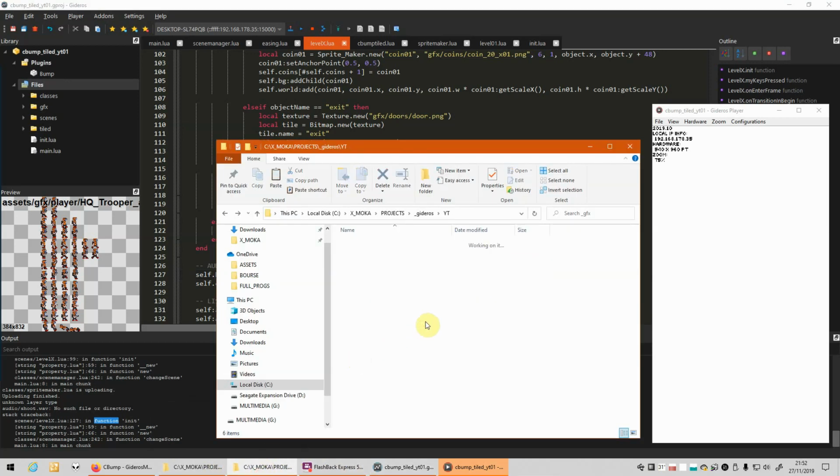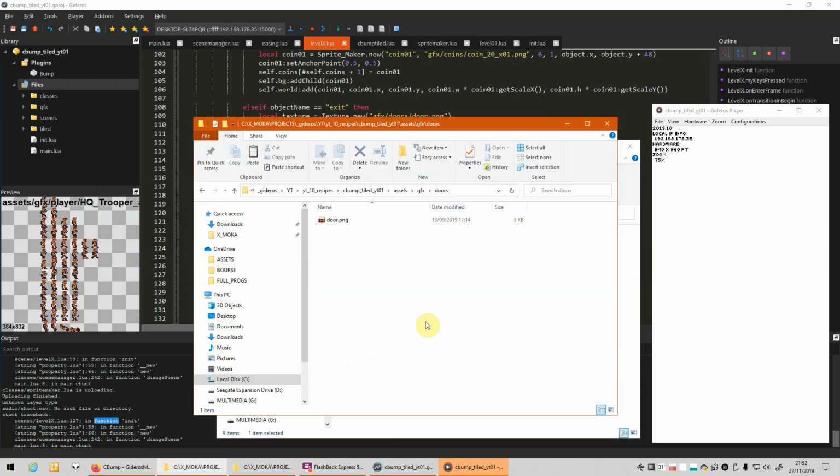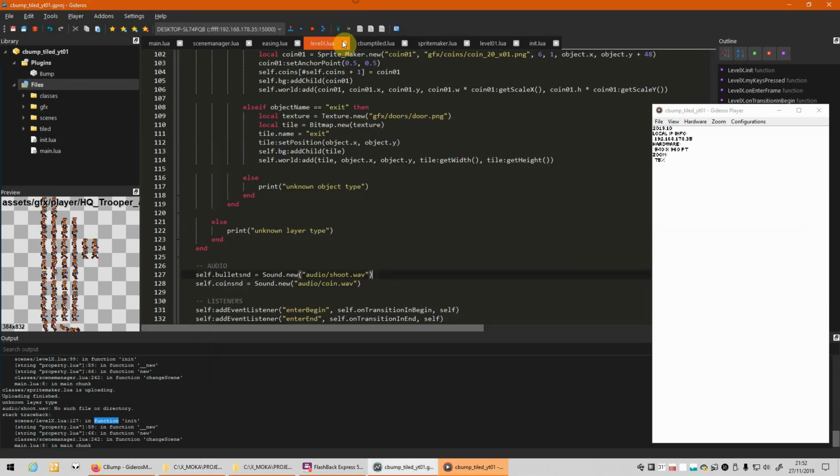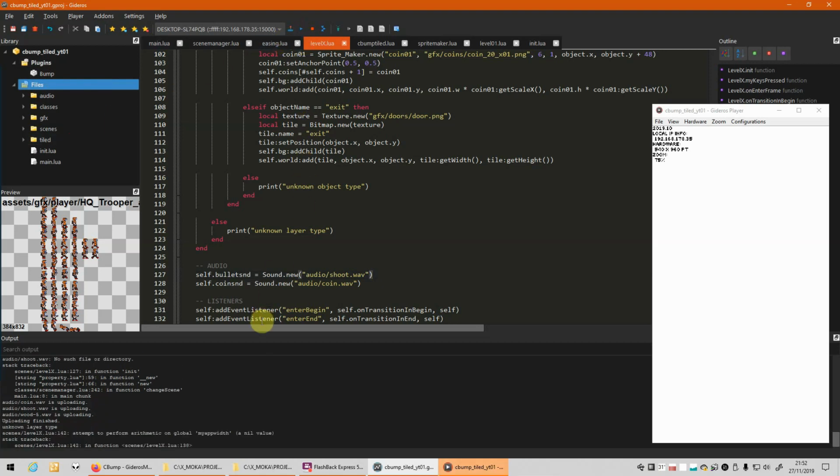I've got my files here, so I can copy the folder, and it's not in the graphics, but it's above at the root of the assets folder. So audio, coin, shoot, and wood. I don't know what that is. Let's refresh the files. Refresh. Okay.